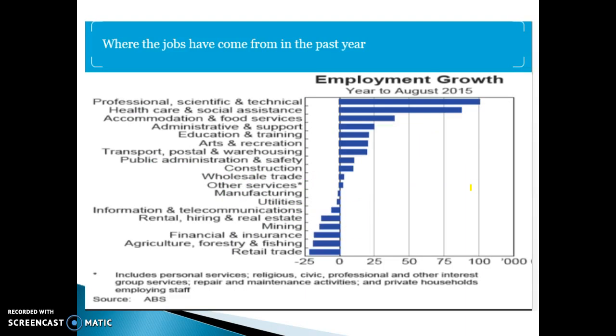Okay, one of the big things at the moment is where the new jobs are coming from in Australia, and most of it's to do with the professional sector, science, and education and healthcare are sort of the main big growth industries. Obviously, an ageing population means a lot more demand for healthcare, but education is one of the big things, and that's driven on the back of the lower Australian dollar. Other industries like manufacturing, employment growth is falling, mining falling considerably, retail still falling, and agriculture. There's a lot less employment, and part of that would be to do with us becoming more capital intensive.